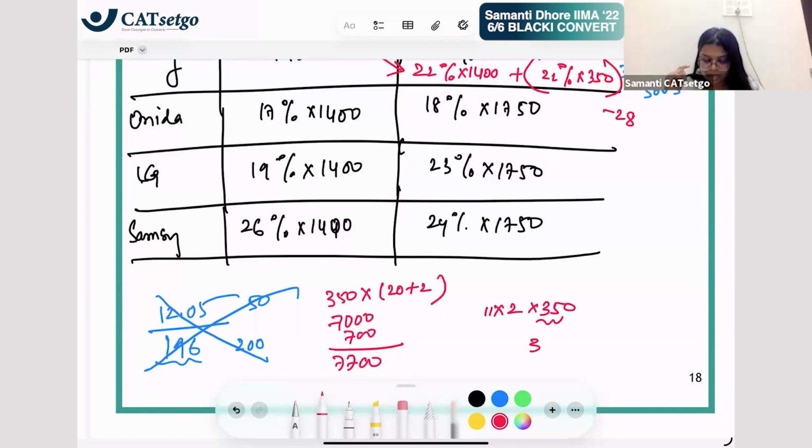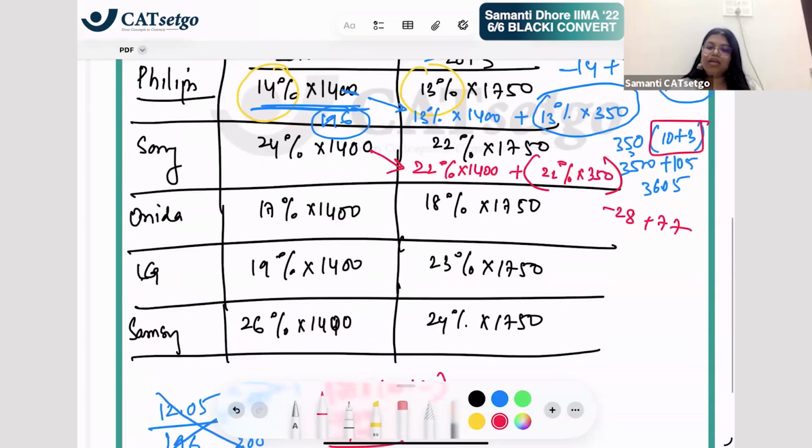So 11 into 35 कैसे करते हैं? 385 हो जाता है. पता है तुमको ये? Do you know this funda? That whenever we multiply some number AB into 11, the answer is A, then A plus B, then B. So 3, 5 and 3 plus 5, 8. And उसको into 2 करो, but again, we just figured that will be longer. So this 7700 divided by 100 होगा because 22% है, so the answer is 77 only.